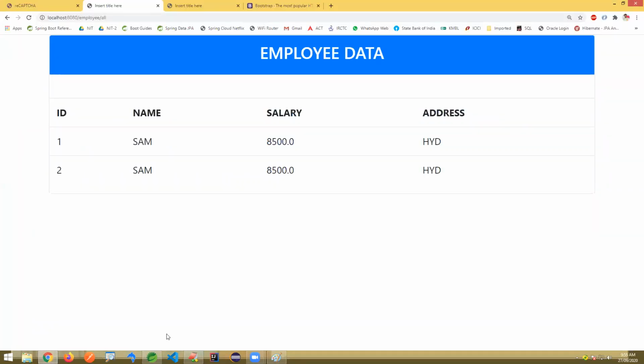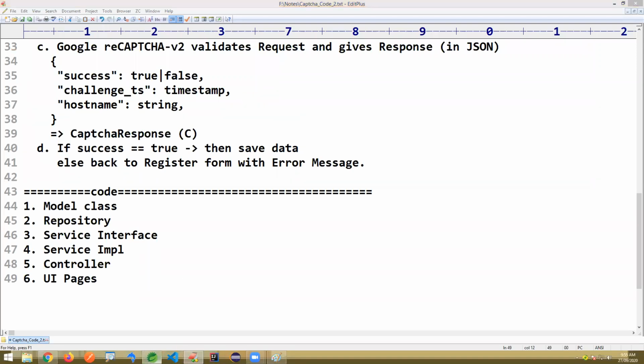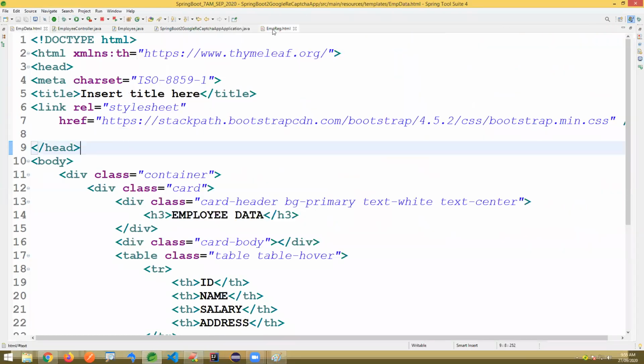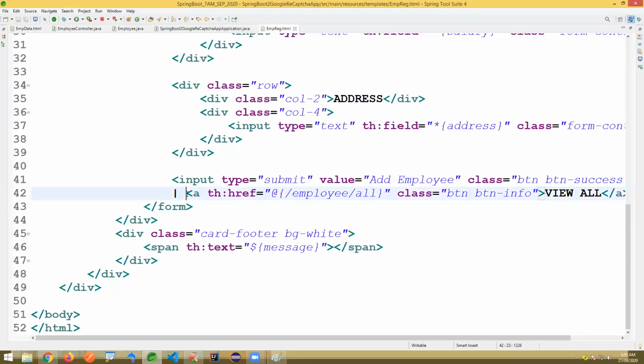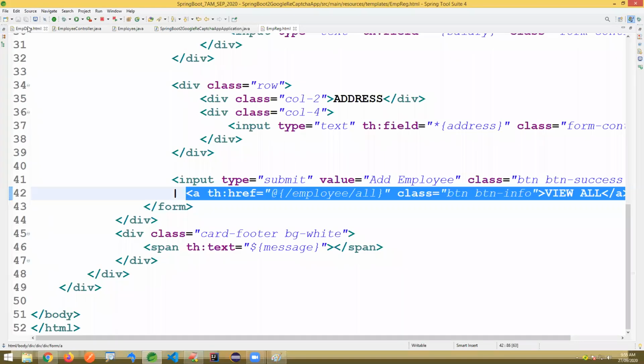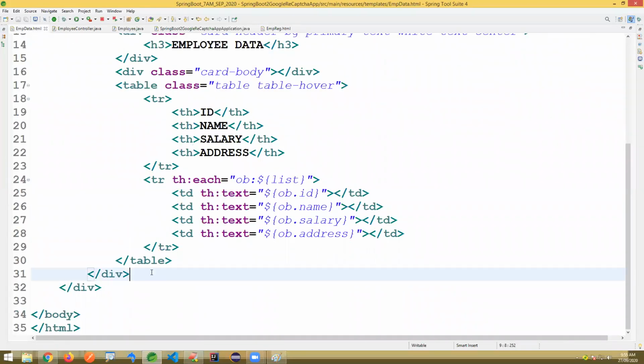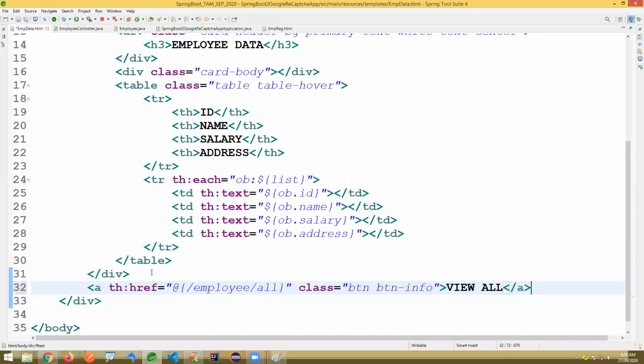Okay. And you can just create a link here also that will come back to the actual page here. Add register.